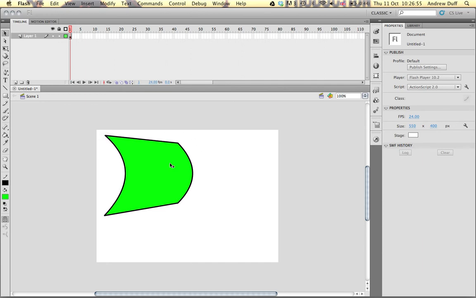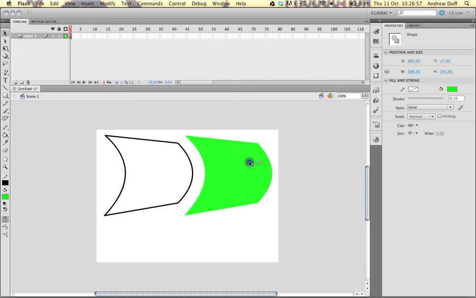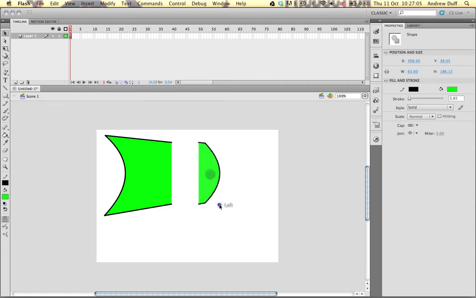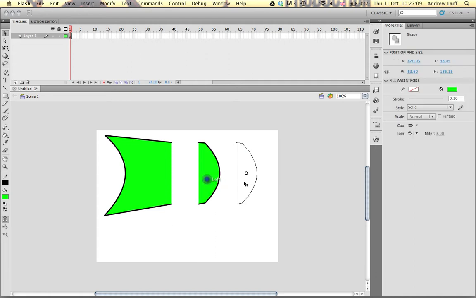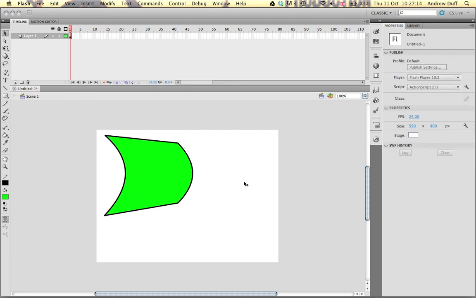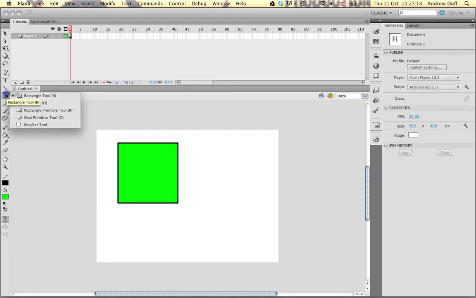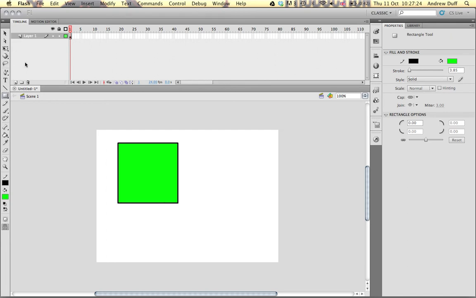Okay, so that's the center shape now, it's changed. What you can also do, you can select over parts, like I've just done, and break this into separate sections. So let's just undo all of that. And the same goes for any of these other versions as well. Okay, so let's just clear that